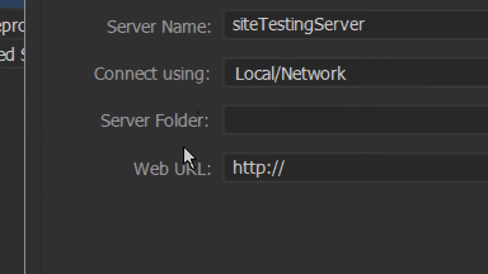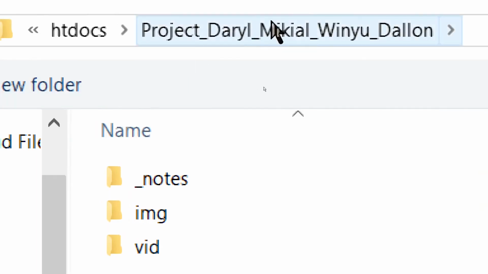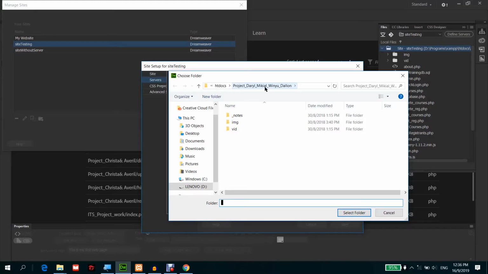So this is the part where you need to key in the server folder, and this is the part where you will have to put in your web URL. This part is very important because if there's anything wrong, it might not work. Okay, so first you need to browse to the website. Because we actually created the site just now, by default when you're adding a server, it will bring you to this, so you don't need to browse again. You don't need to go and find your project